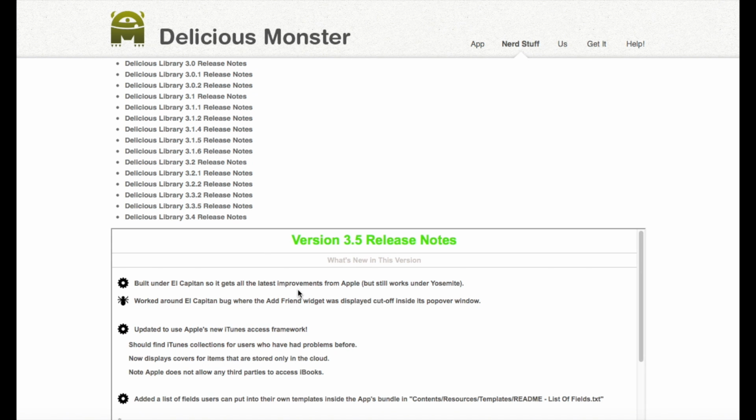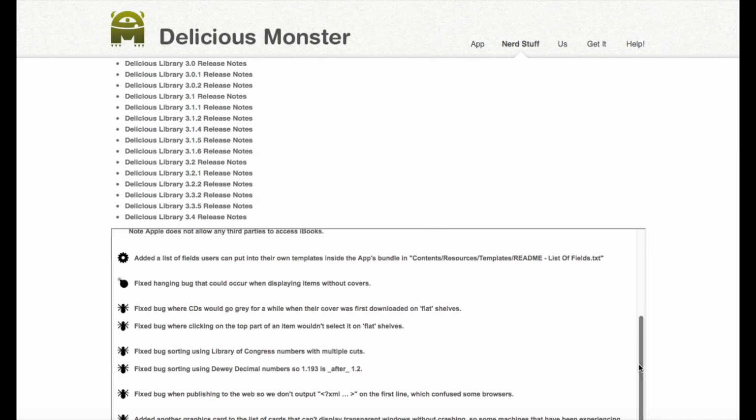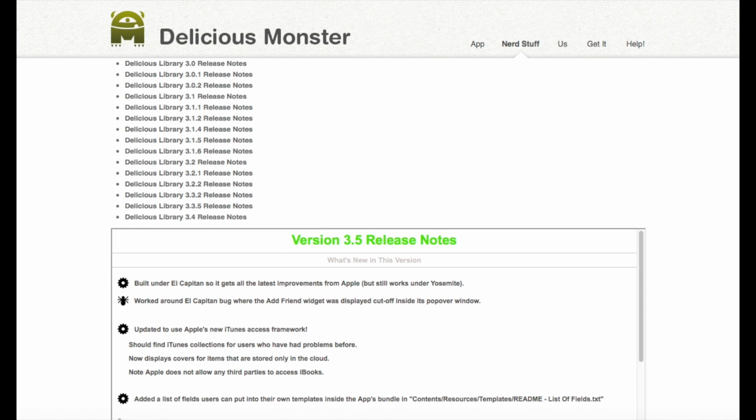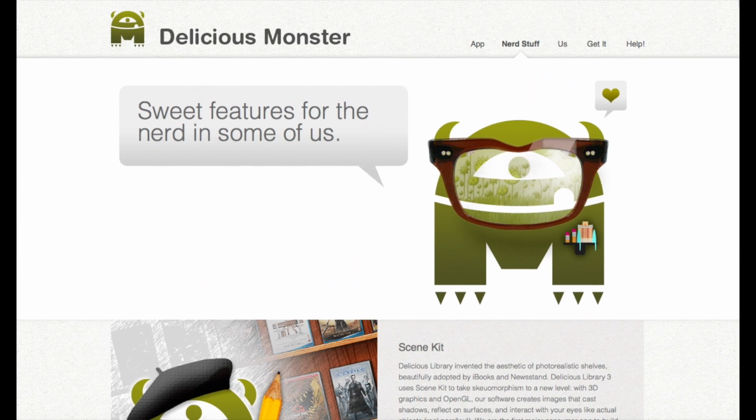It does a lot of stuff. Yeah, as I said, it's got release notes. This company is really good. I mean, it's talking about a well-supported app. This is a company that is really on the ball and is really good. The downsides I see with this app is that it's very pretty, it's very